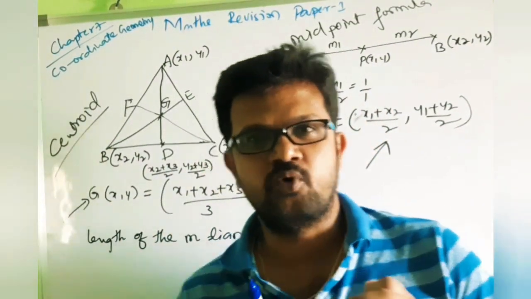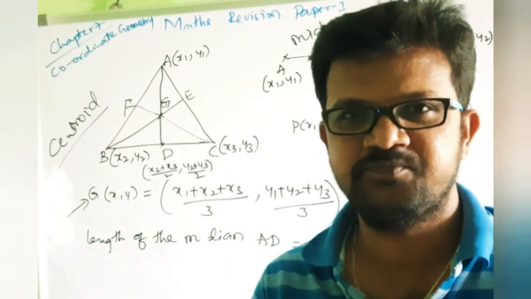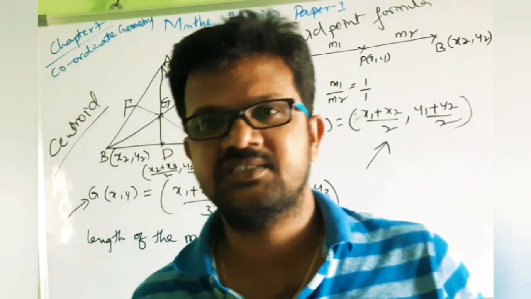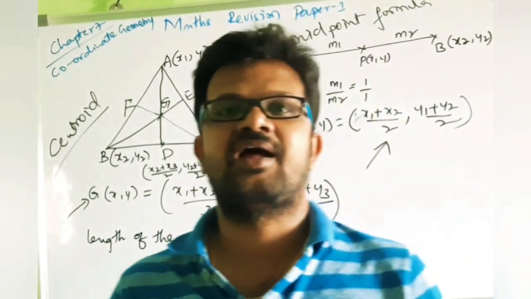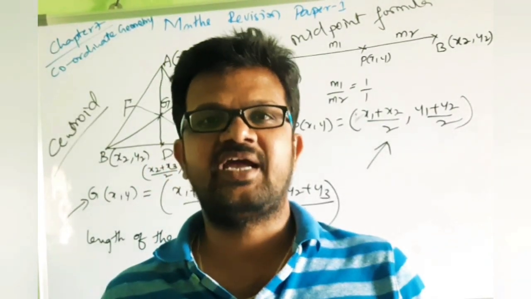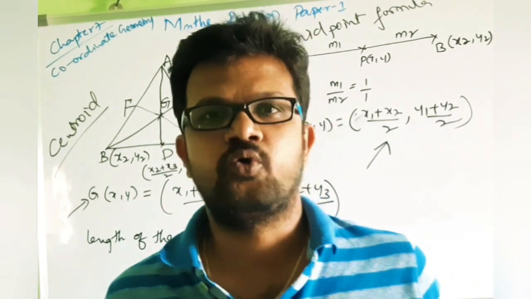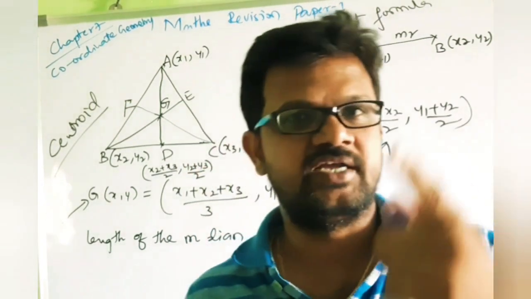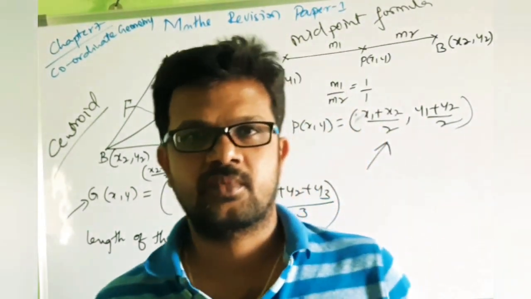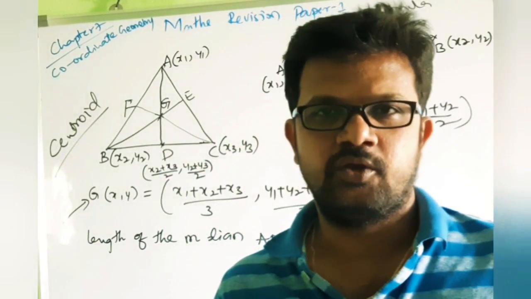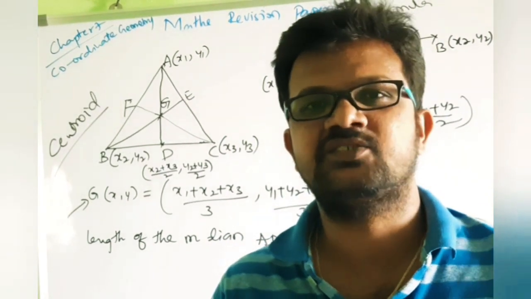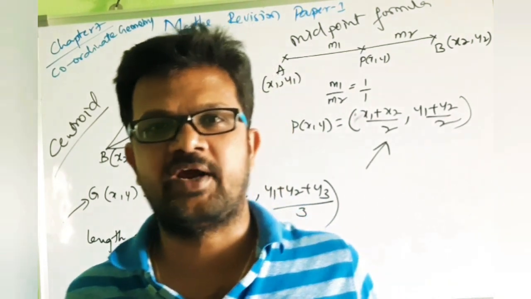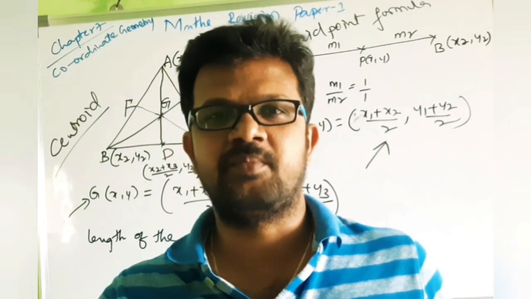You practice mostly points of trisection and checking whether the given points are collinear or not for 4 marks, and area of the triangle. If the area of the triangle is 0, the given points are collinear. If the points are collinear, find the value of K. That is the third exercise in your 7th chapter. You can do that. And the 4th exercise is slope. Okay, finding the slope of a line segment joining the 2 points, that is y2 minus y1 by x2 minus x1.